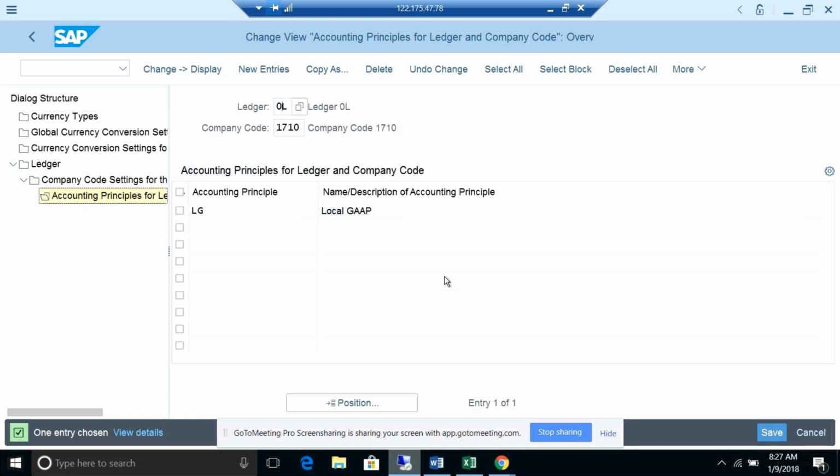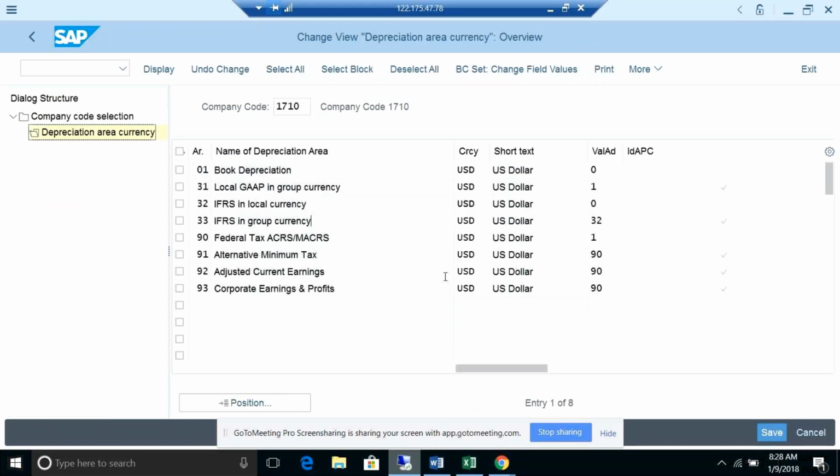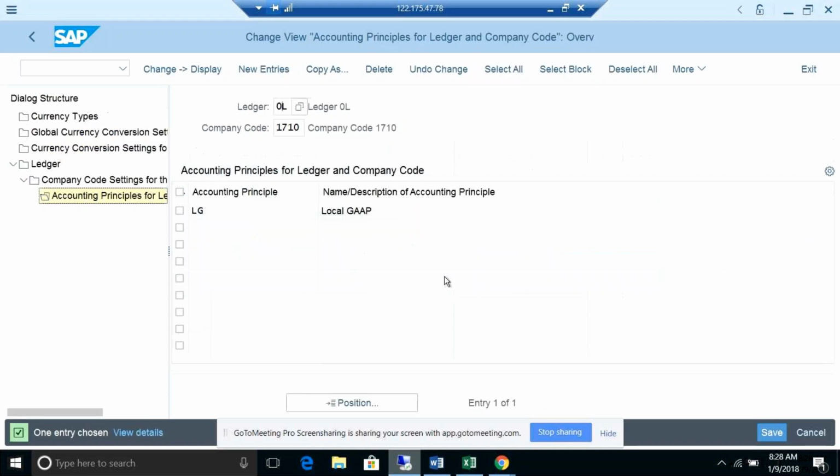The rules are, rule number 1 is the chart of depreciation. First of all, we need to create the ledger in GL. We need to attach the accounting principles there. Let's take only one accounting principle there, LG. Again, for the LG, the depreciation area you wanted, for example my book depreciation area, I wanted to report for the LG. Then you come to this OADB transaction code. You need to define the book depreciation area, and you need to attach the accounting principle LG here.